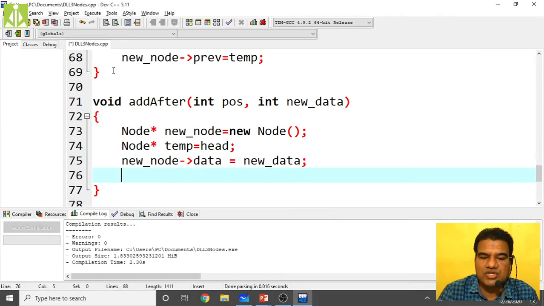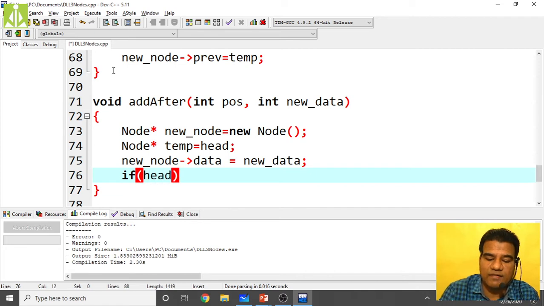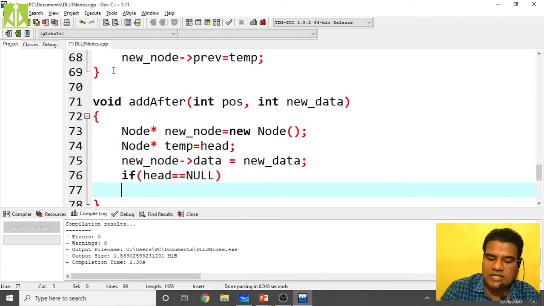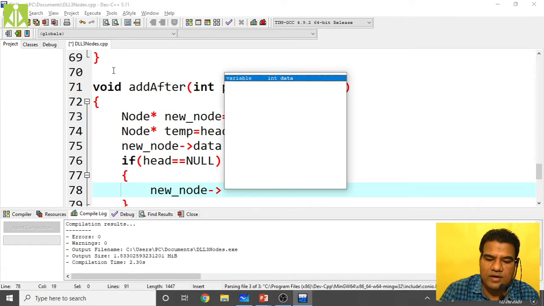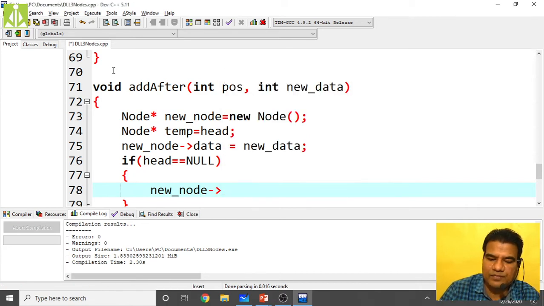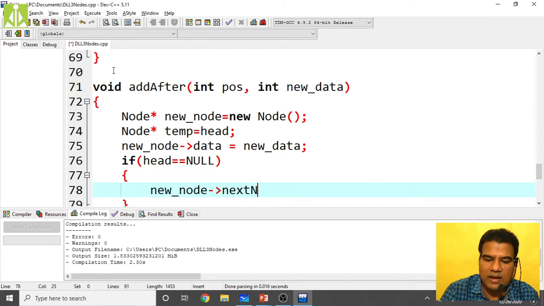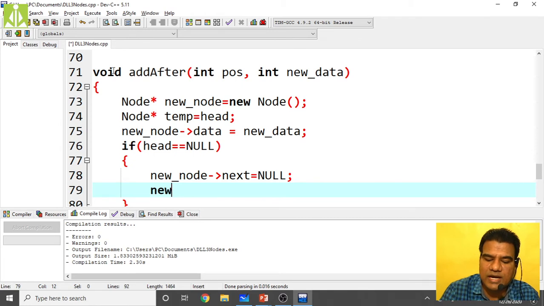The next thing is to check whether your doubly linked list is empty. How can we check? If head equals null, then your doubly linked list is empty. If it is empty, we add the newly created node as the first node. So new_node of next should be null, and previous also null, because this will become the only node inside your doubly linked list.